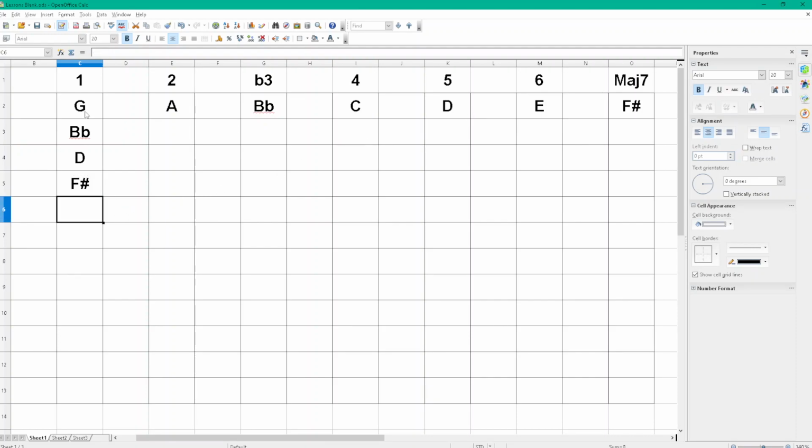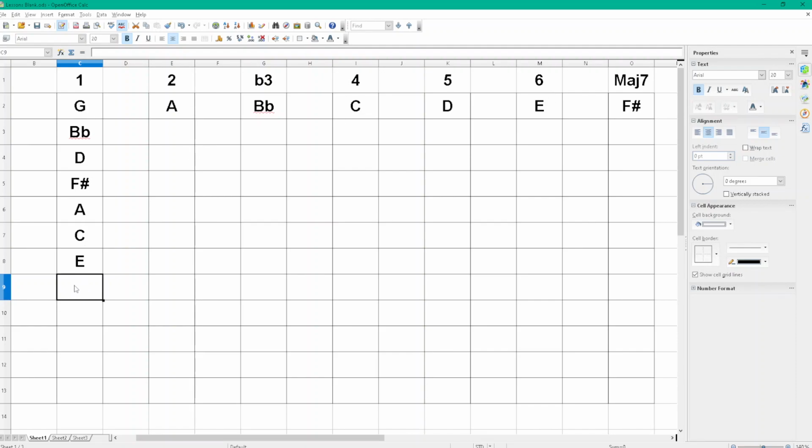From F sharp, skipping a note, which would be G in the 2nd octave, playing an A. From A, skip a note, I'm going to play a C. From C, skip a note, I'm going to play an E. And then from E, skip a note, I'm back to G. Basically, what I want you to understand is that these are exactly the same notes of the scale, just in a different order. That's why we call this a horizontal structure, because it's scalic, and this is a vertical structure